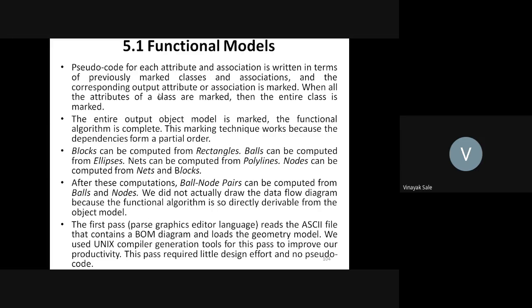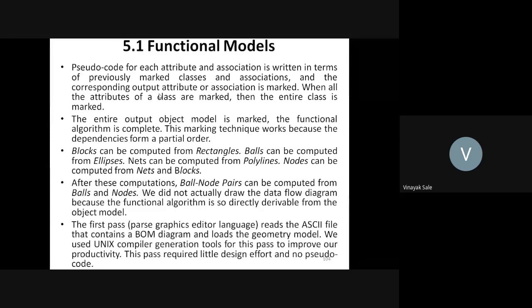Blocks can be computed from rectangles, balls can be computed from ellipses, nets can be computed from polylines, nodes can be computed from nets and blocks. After this computation, ball node pairs can be computed from balls and nodes. We didn't actually draw the data flow diagram because the functional algorithm is so directly derivable